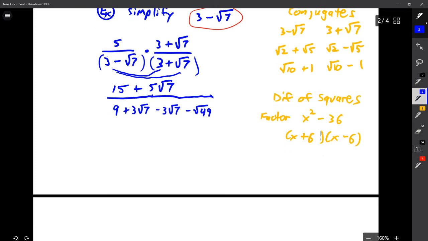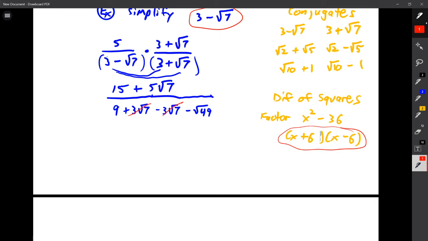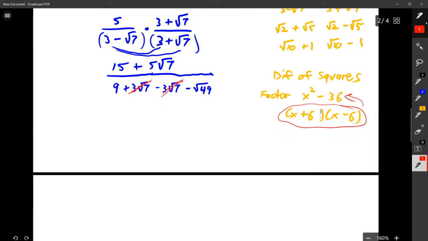Okay? Well, the plus 3 root 7 and the minus 3 root 7 cancel out. And that's why difference of squares goes from something over here that looks like it should multiply out to be 4 terms, but it actually only multiplies out to be 2 terms because you always have this canceling that happens. So what we're left with then is, I still have the top going on, 15 plus 5 root 7